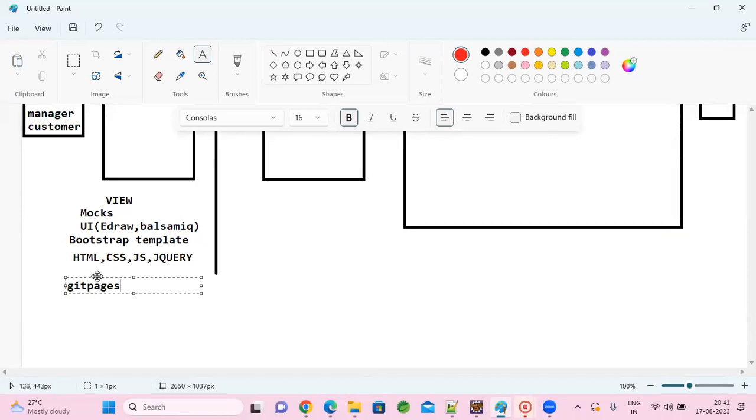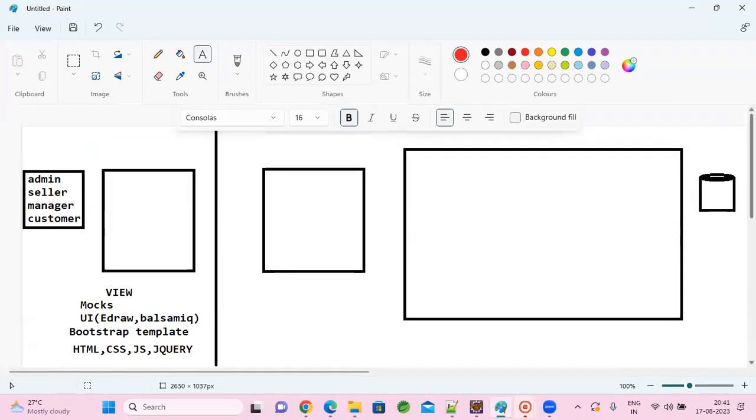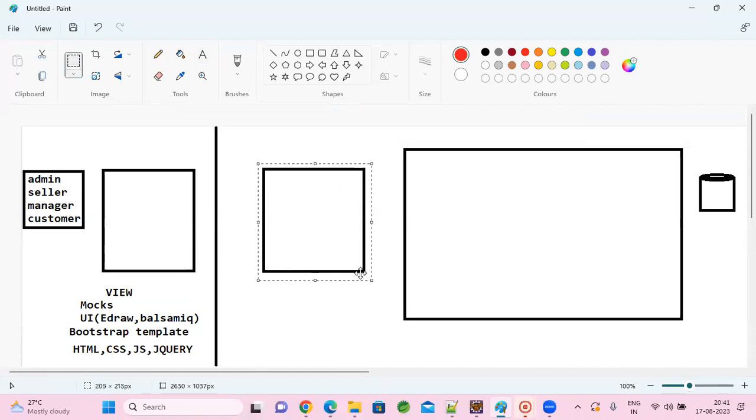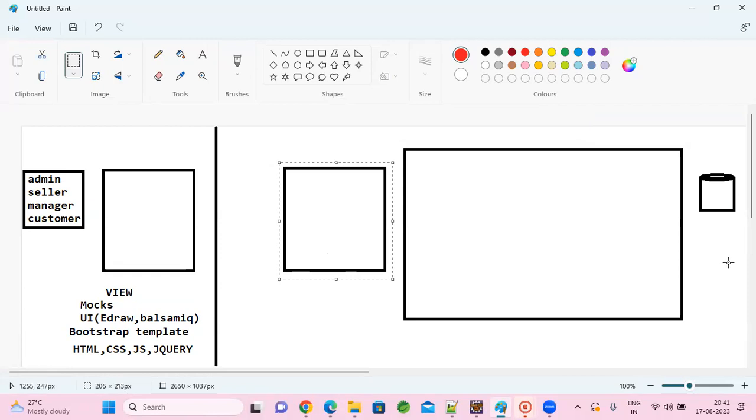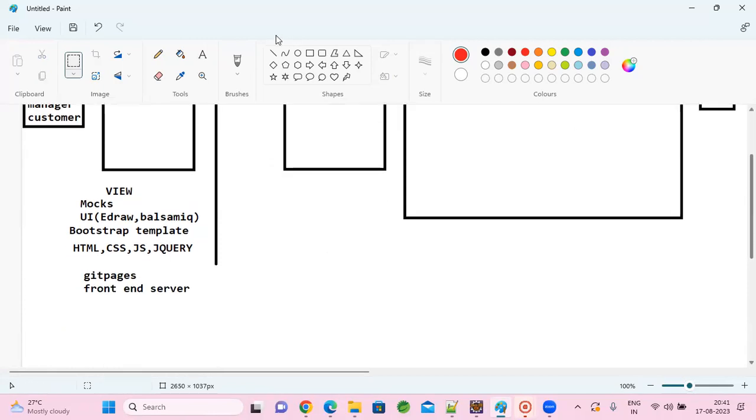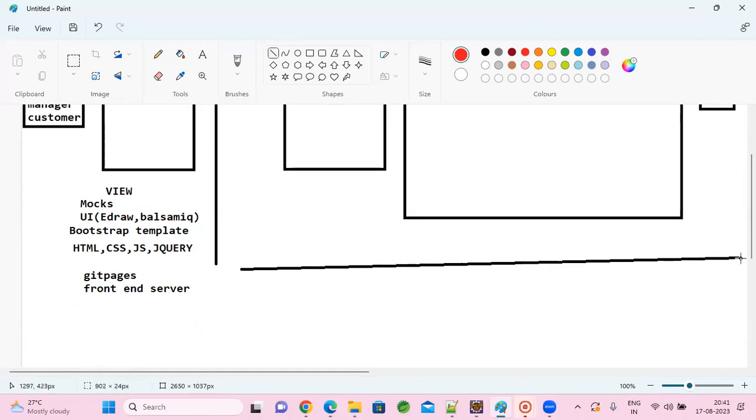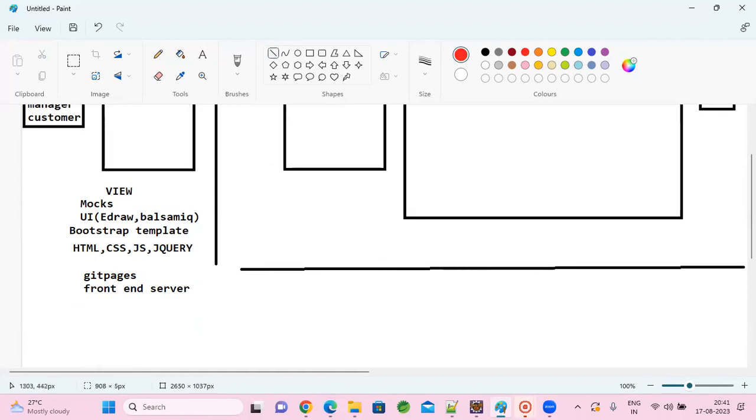So we'll be using Git pages as the front end server, and the complete backend will fall here. From controller onwards to model and database, everything will reside in your Linux. So the environment we are going to use here is Linux.